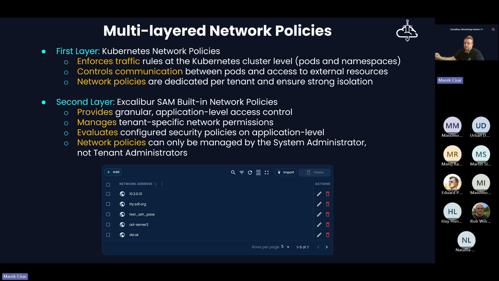Also, if there is a request from a user to create a PAM session for such a target, it will not be possible, because the session orchestrator or session management engine will block such a request to create a session. Okay, hopefully the answer is clear. Any other questions? Nothing so far. All right.